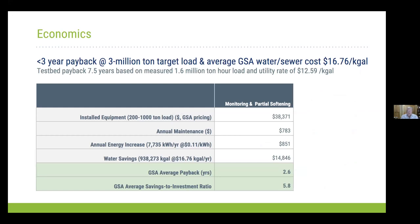So our target here was to have less than a 3-year payback at the 3 million ton target load. And again, we didn't have a 3 million ton system here. We were only at 1.6 million. So the cost, in essence, for this system totaled out at